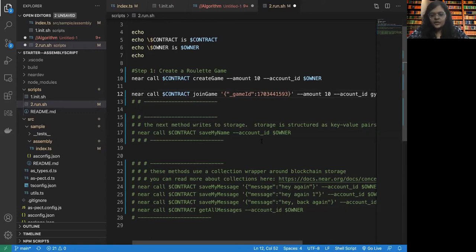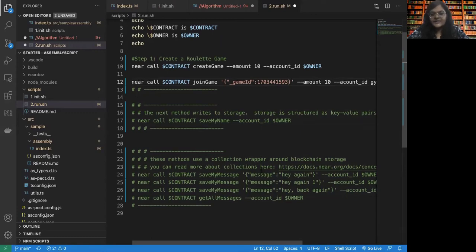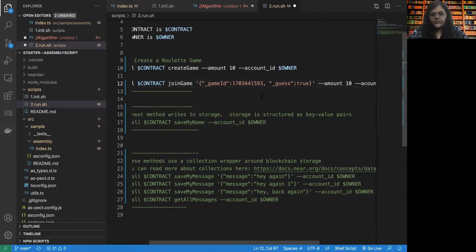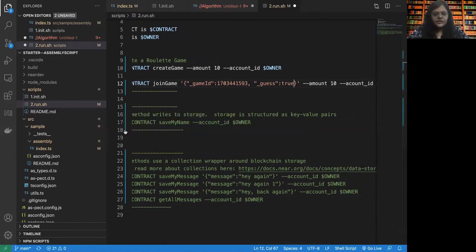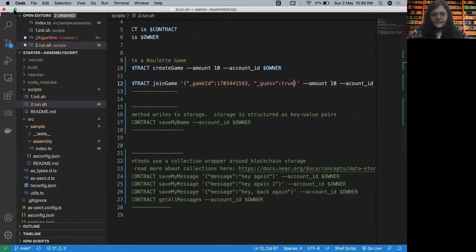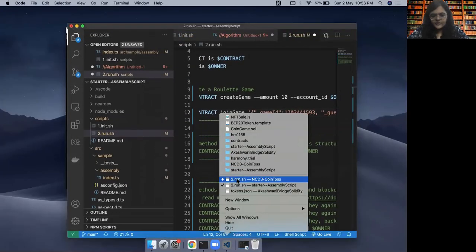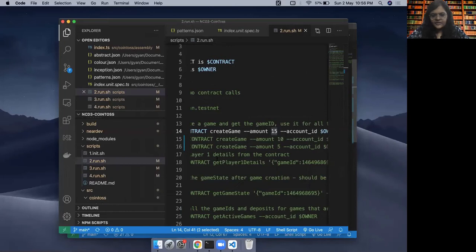Now, I also need to pass the Boolean. Sorry, I meant the guess. I'm going to pass a true. So let us just double check this once from my previous scripts.